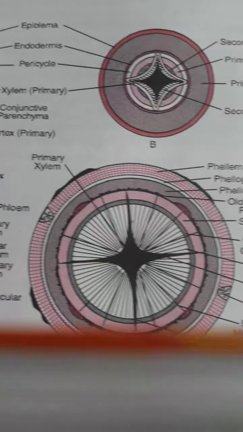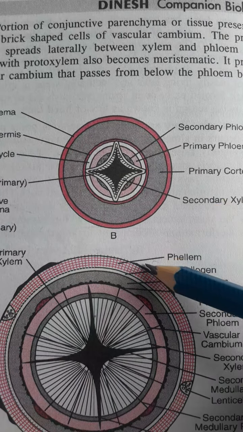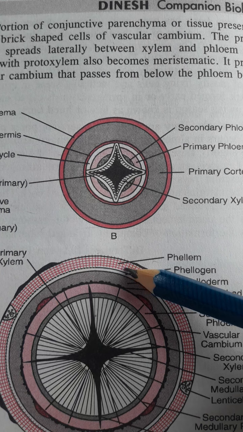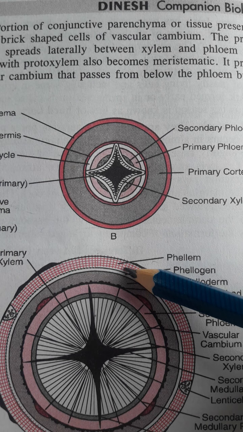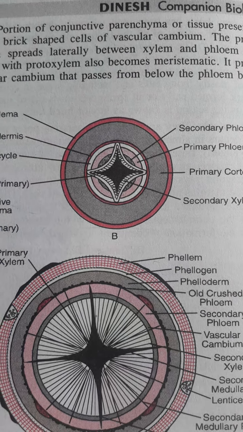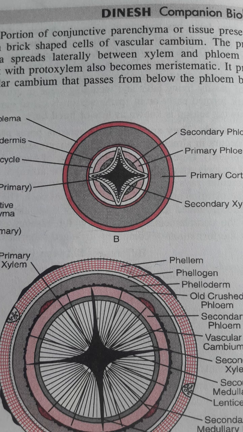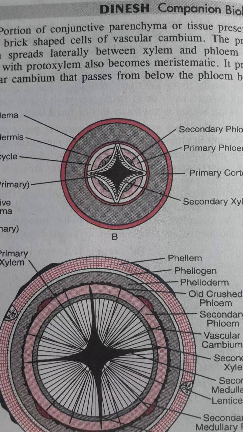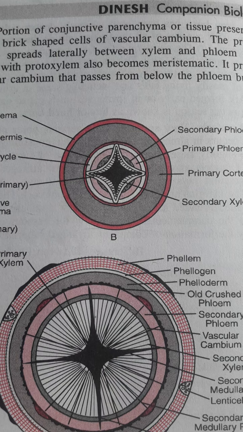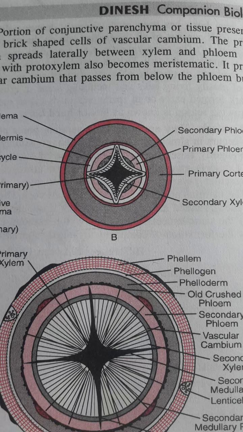That's why they form the phellem, or the cork. That means in this portion you can see properly, this is the phellem portion which is being formed after the division of the cork cambium. Okay, the cork cambium divides to form the phellem towards the outer portion. Now these cells are heavily deposited with tannins, and so they are dead cells, so they cannot conduct anything, but they will protect the internal tissue from pathogens and mechanical injury.